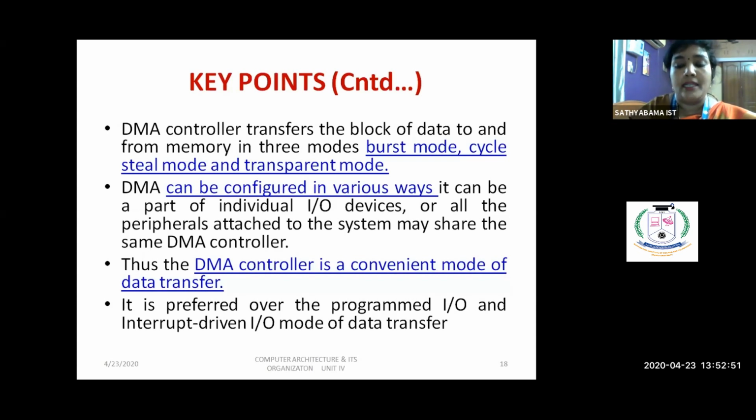It can handle high-speed peripherals. It has a major advantage: when DMA gives the hold signal, the processor will complete the machine cycle and immediately respond to the DMA. So DMA is always preferred over programmed IO and interrupt-driven IO modes of data transfer.